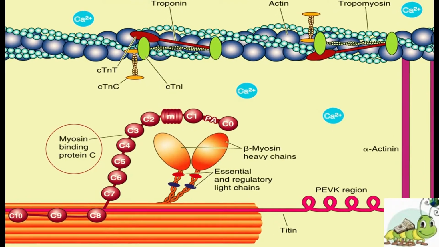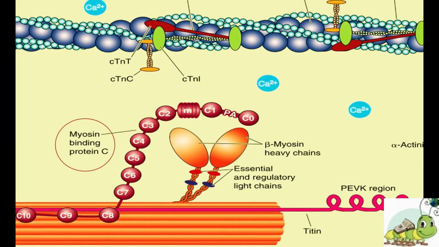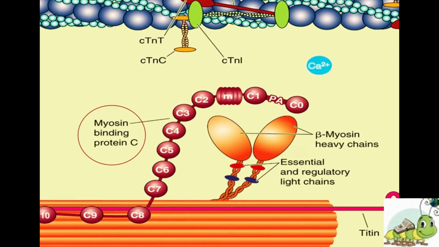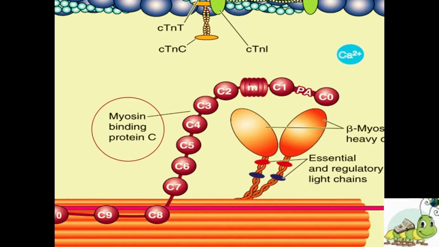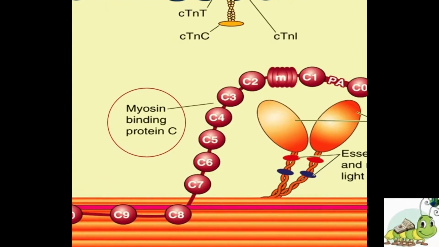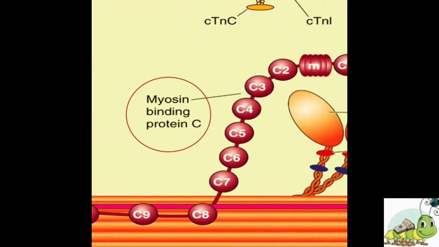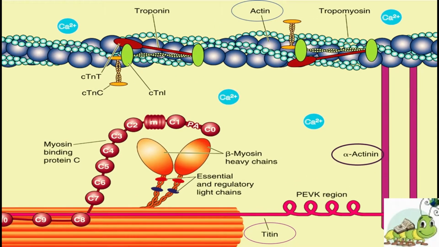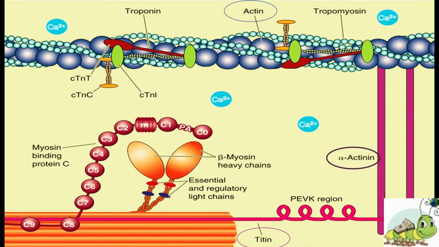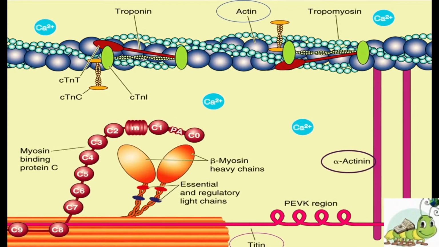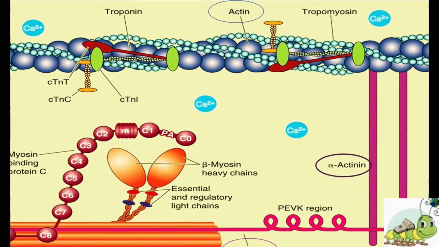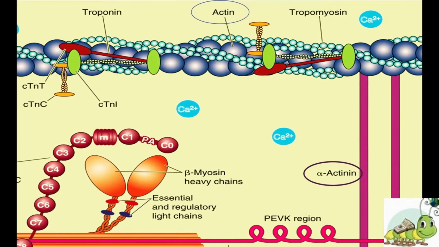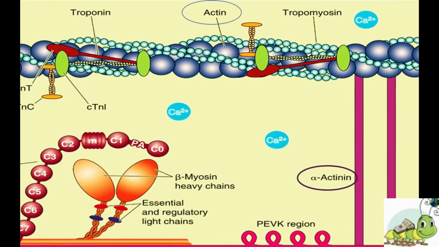Several proteins may contribute to the organization of the thick and thin filaments, including meromyosin and C protein in the center of the sarcomere, which appear to serve as a scaffold for organization of the thick filaments. Similarly, nebulin extends along the length of the actin filament and may serve as a scaffold for the thin filament. The actin filament is anchored to the Z line by